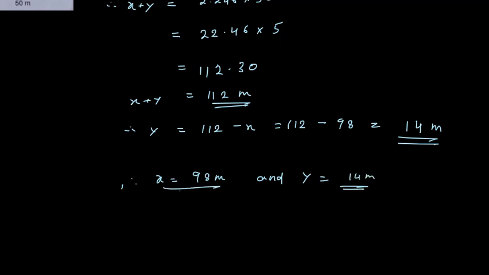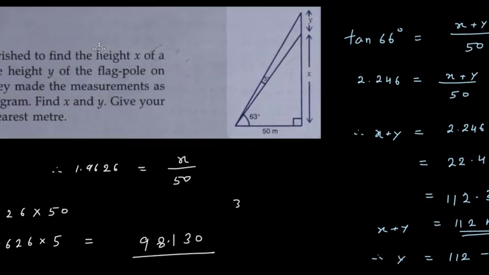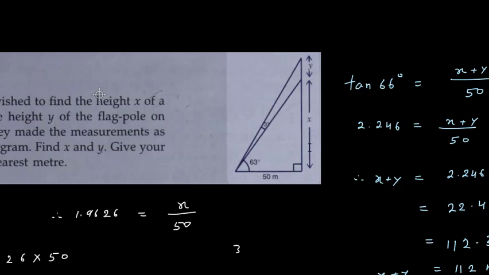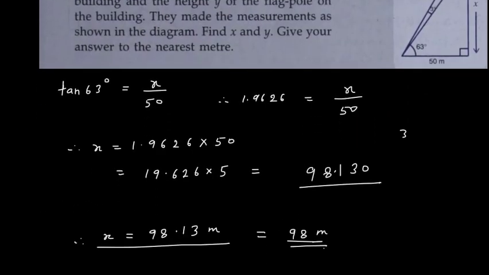So here also the problem is different from the previous problems. Here you can see how the value of x and y was asked and how we have found it. This 3 degree we have to add to this 63 degree, so that we get the total angle as 66 degree, and then tan will give me the value of x plus y as a whole. We cannot directly find the value of y in this particular problem. We have to first find the value of x plus y, and from it we can find the value of y. Nice question. This is question number 14.